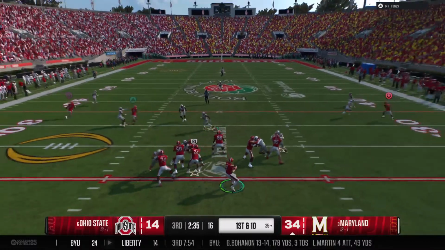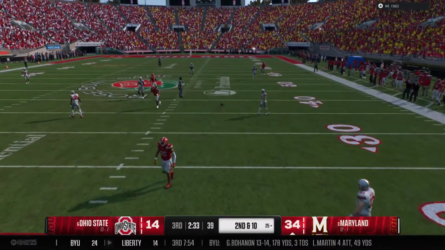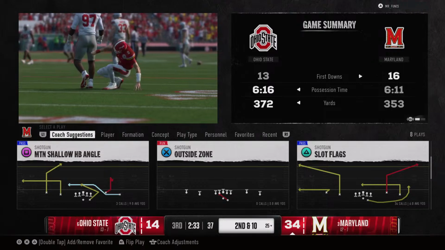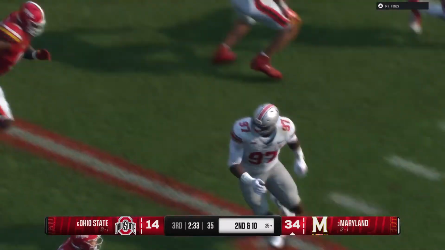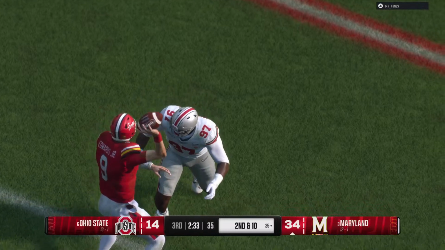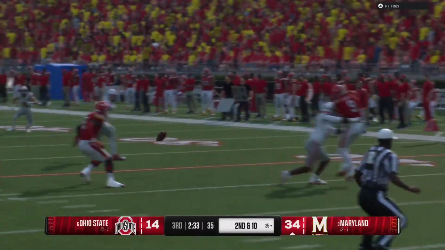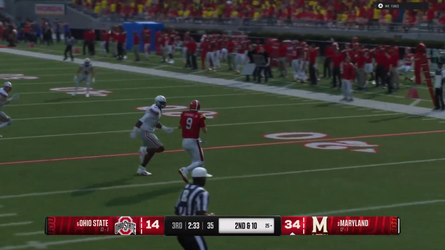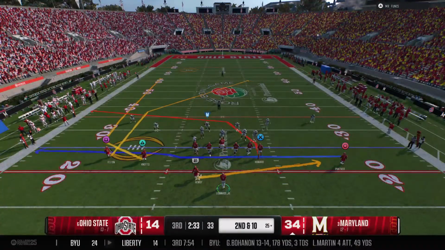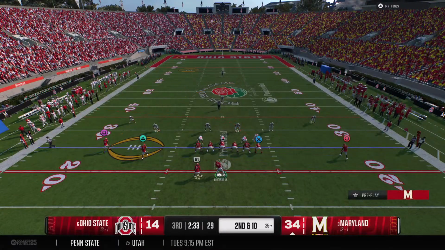Off the play fake, looking to throw on first down. Quarterback leaves the pocket on the move now. And it's incomplete. Even on a first down throw, he was under some heavy pressure. How about the defense's effort here? You're dealing with one of the more athletic quarterbacks in the country. Anytime he scrambles, you better have 3 or 4 guys pursuing the football. They do a good job of affecting his rhythm by pressuring him to the whistle. Incompletion sets up a second down.